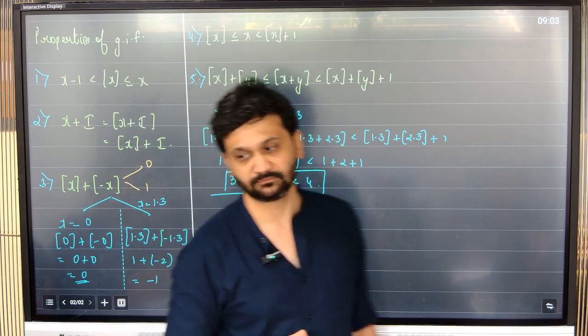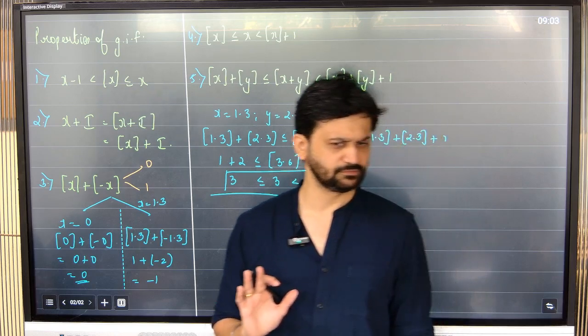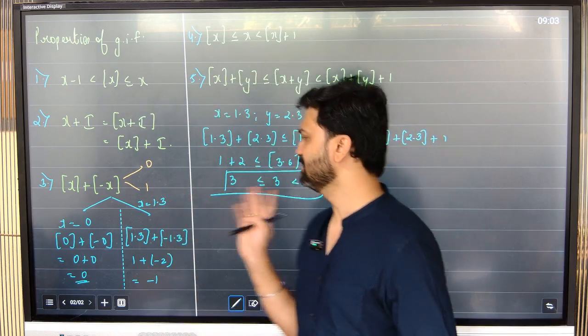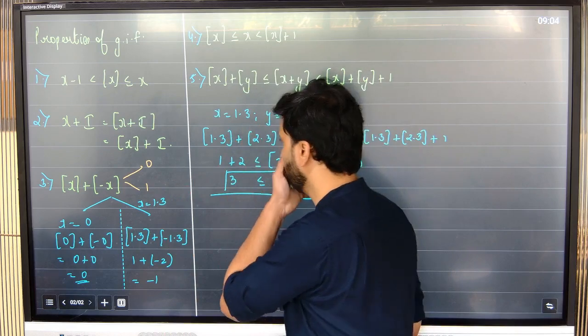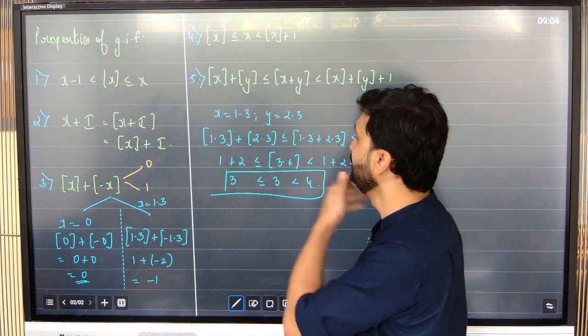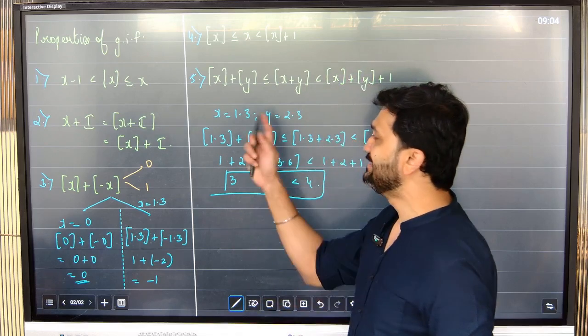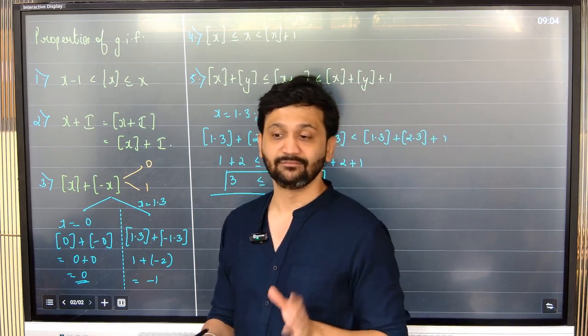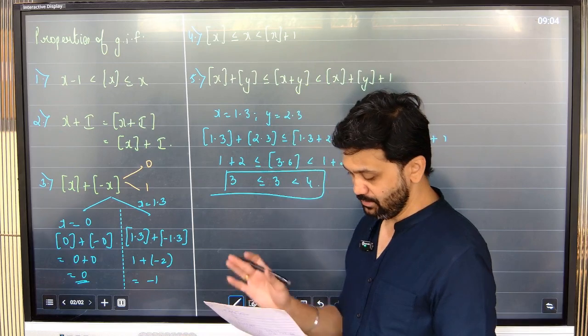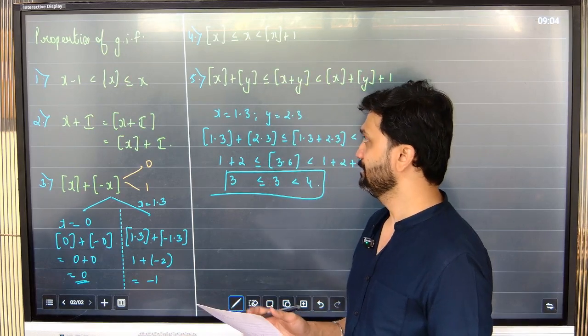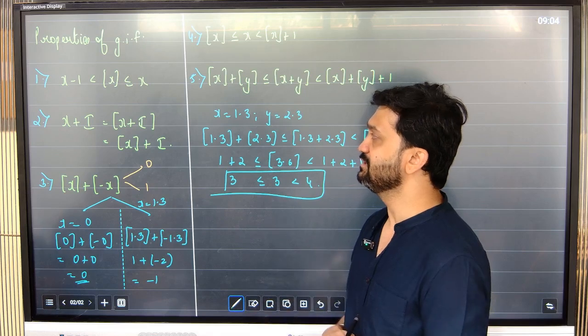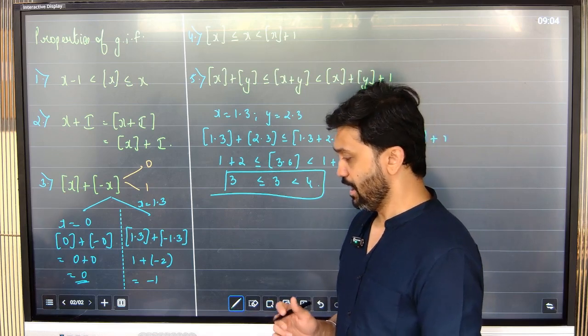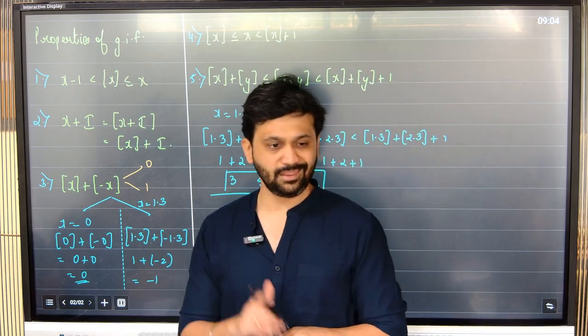It is satisfying. Take any example of your choice. Take two integer questions where I put x as 1.3, I put y as 2.3. This is the value that I substitute, and these are the properties that we need to understand to be able to solve. Now, since we are doing greatest integer, I told you one thing very important: any term